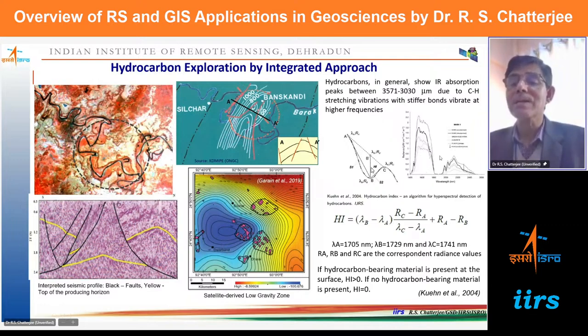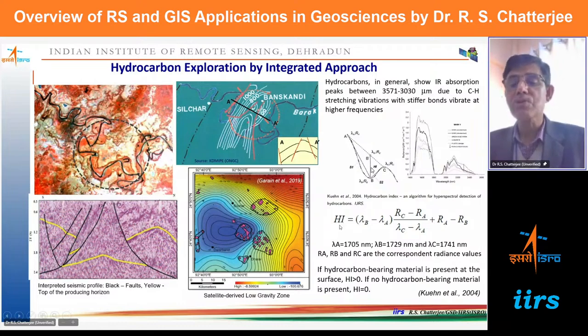So this oil has a characteristic absorption peak at 3.5 micrometer to 3.03 micrometer. This is in the thermal infrared region, but it also has, in fact, two secondary absorption peaks at 1.7 and 2.3. Considering this 1.7 micrometer absorption peak, one hydrocarbon index has been developed by Quinn et al. They have shown, based on the reflectance and the wavelength of this absorption peak at 1.7, they have developed